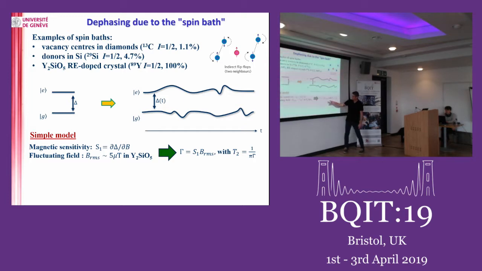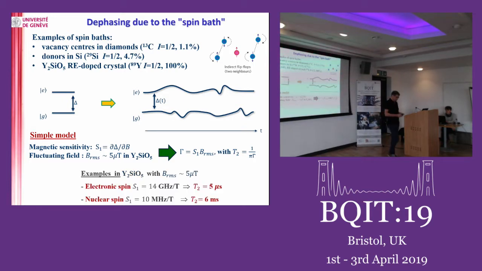So you can do a calculation. You take the sensitivity, your gradient, basically, magnetic gradient. You multiply that with that. That gives you broadening. You take the inverse, and you get lifetime, coherence lifetime. So you do that calculation for a typical electronic spin, where you talk about the Bohr magneton, 14 gigahertz per Tesla, but a nuclear spin is 1,000 times less sensitive. So you expect something like, okay, in this crystal, electronic spin a few microseconds and nuclear spins a few milliseconds.